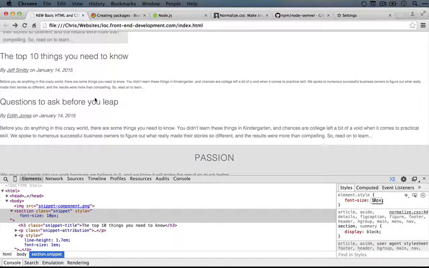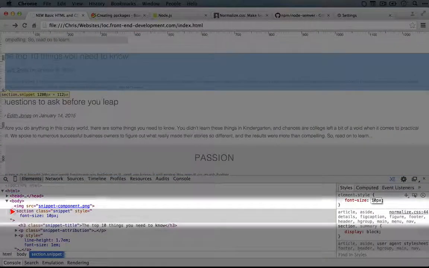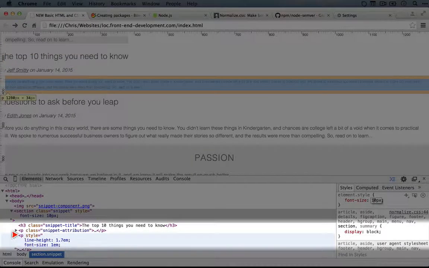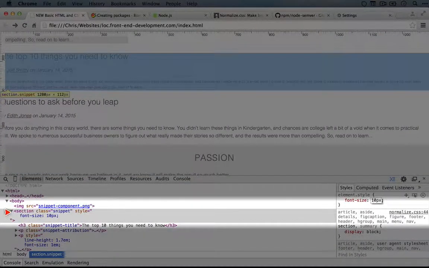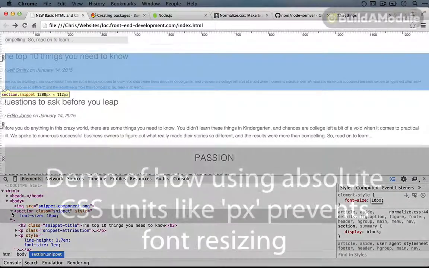So this cascading effect of relative measurements can be very useful, but it can also be terribly frustrating if you use it in the wrong context. The reason is that now you're coupling these two different elements that didn't necessarily have much to do with one another. But now, if you change the styles on one element, it will change the styling on different elements inside of it. And a lot of the time that's not what you want.